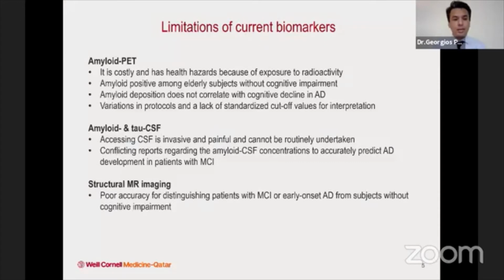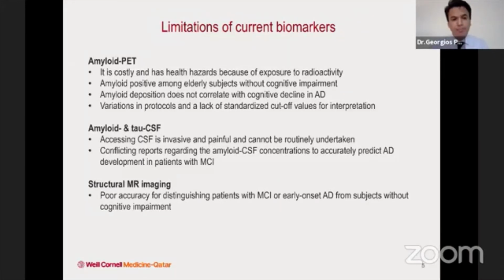With cerebrospinal fluid, although it's very accurate in detecting the disease, it's invasive and painful, and you cannot routinely repeat the test, especially for clinical trials. And although it's a very accurate test, there are conflicting reports on the exact concentration of amyloid in the cerebral fluid needed to accurately predict the development of the disease in patients with mild cognitive